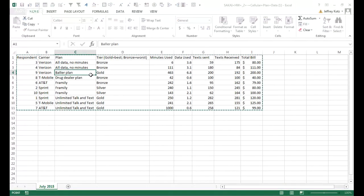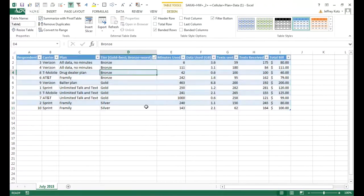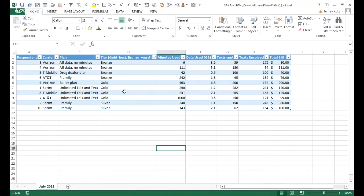So Control T, turn this into a table. Let's see if I can put these in some sort of order. Well, alphabetically doesn't actually put them in the tier that I want. Bronze is actually the lowest, followed by silver and then gold. So the order that they're in right now isn't the order I need them in. It doesn't look like there's anything here that's going to help me sort these out. But if I were to put them in order some other way,